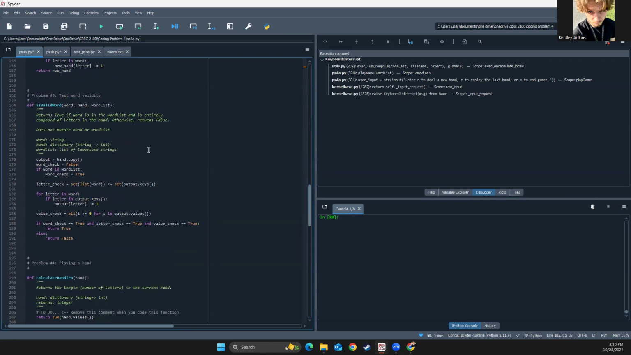This is going to check if it's a valid word, and it's going to run through 3 different checks. So it has to check if the word's actually in the word list, and that's going to be automatically set to false. If the word's in the word list, it's going to be true. Letter check. It's going to set the list word less than or equal to the set of the output keys. And also, this is just making another hand copy. This is your output for the letter and word. If the letter is in the keys, it's going to output letter decrement 1,